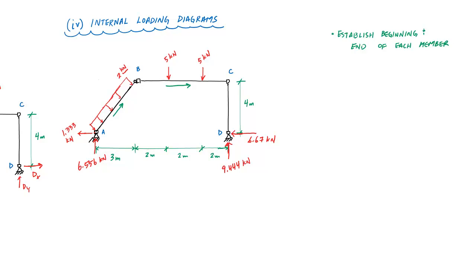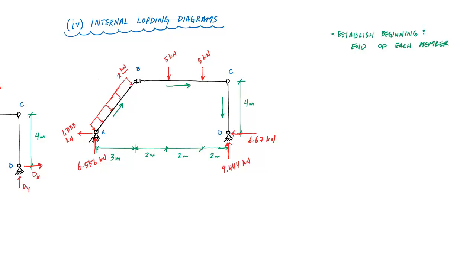And then similarly for CD, I'll just keep going clockwise. I'll go left to right like this. Now, angled members can be a little bit tricky. And really, especially in a case like this where you have a vertical and horizontal support reaction, you have to